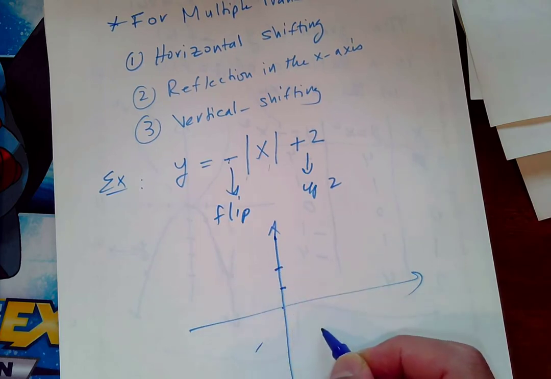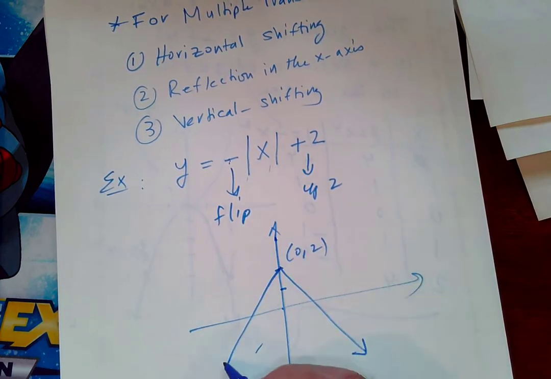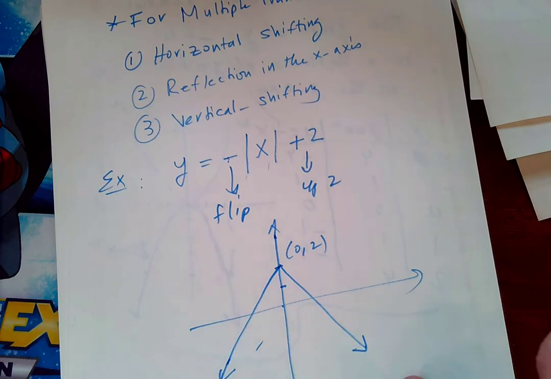That should have been 0, 0. It should be now 0, 2. That's your main point, and that would be your graph. And if you have, say,